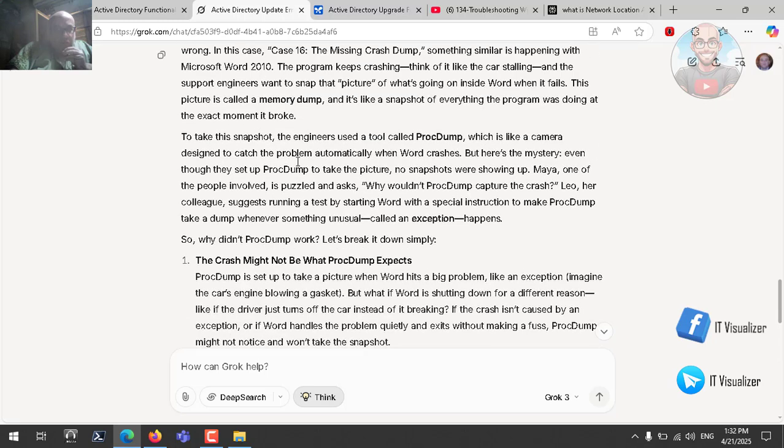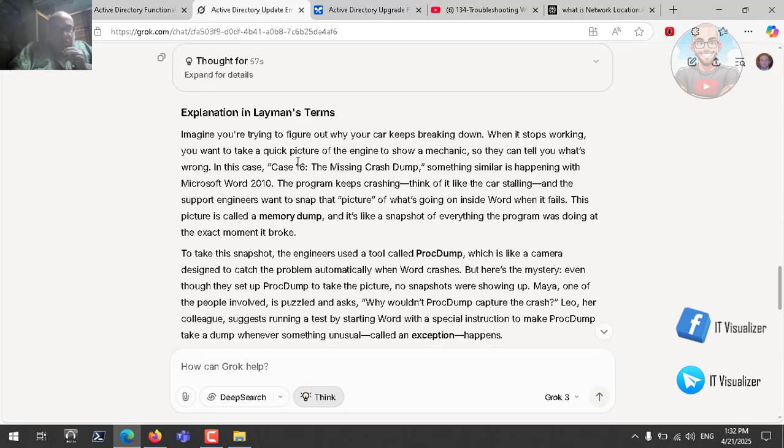Here we can see: you are trying to figure out why your car keeps breaking down when it stops working. You want to take a quick picture of the engine to show a mechanic so they can tell you